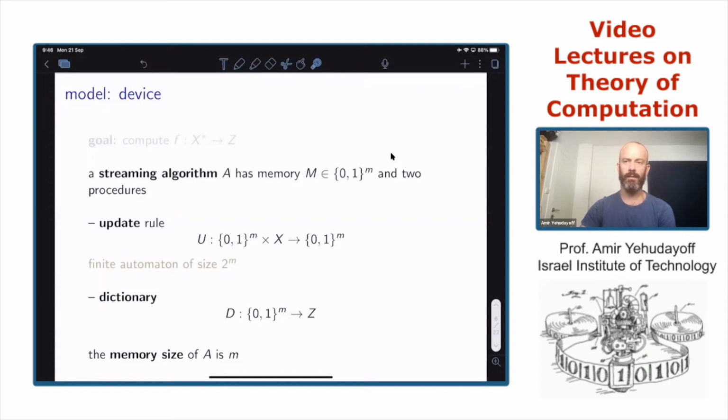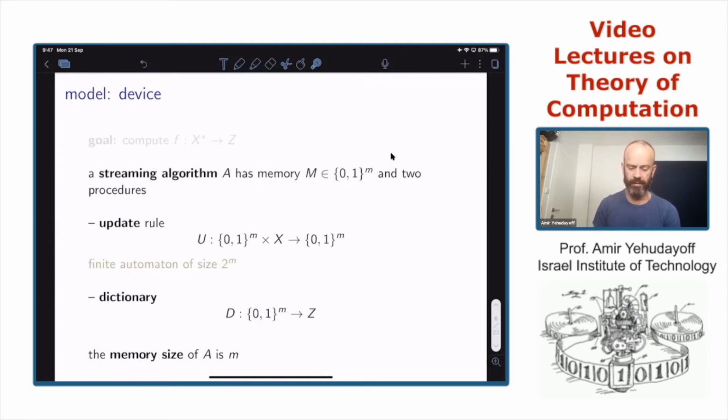One is an update rule. The update rule takes the memory at some time t, and the new data that arrives at time t, and produces the state of the memory after the data arrives. So this is one procedure in a streaming algorithm: how to update the content of the memory.